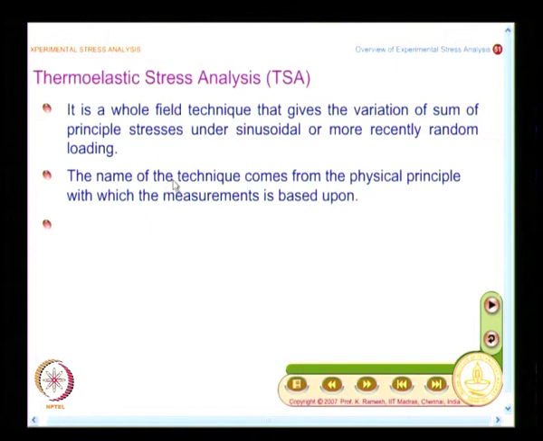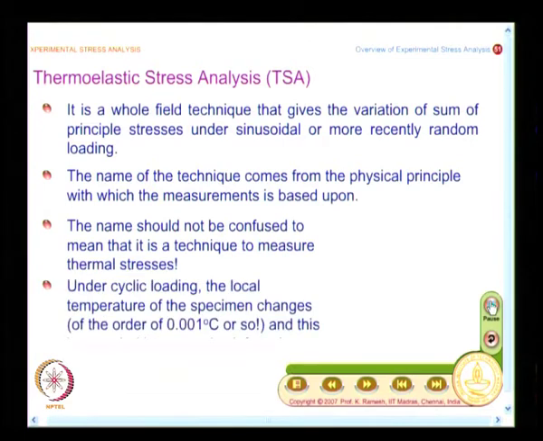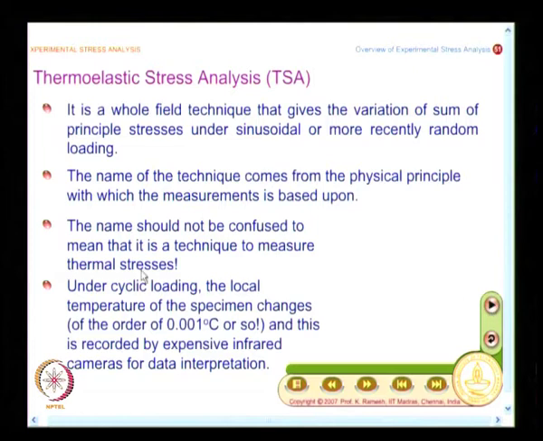And the name of the technique comes from the physical principle. One common danger is the word thermoelastic. One may think, if I want to find out stresses due to thermal loading, I can directly use the technique. That is a misnomer, you cannot do it like that. It depends on the principle on which it is based. So, that is what is mentioned here. The name should not be confused to mean that it is a technique to measure thermal stresses. It is not so. What the physical principle is, under cyclic loading, the local temperature of the specimen changes, and